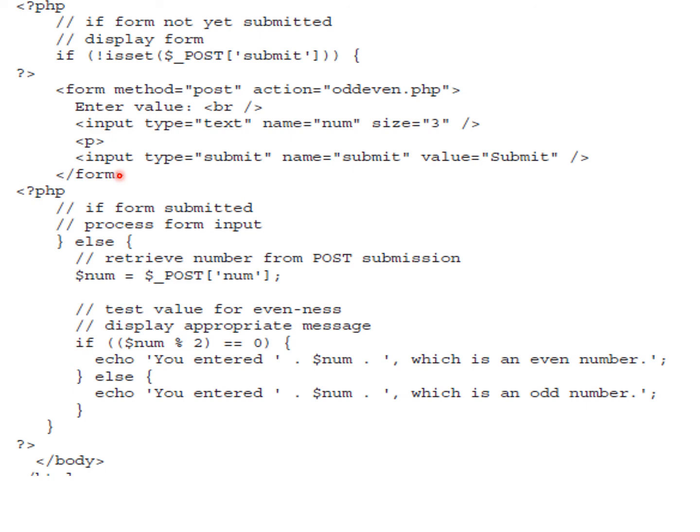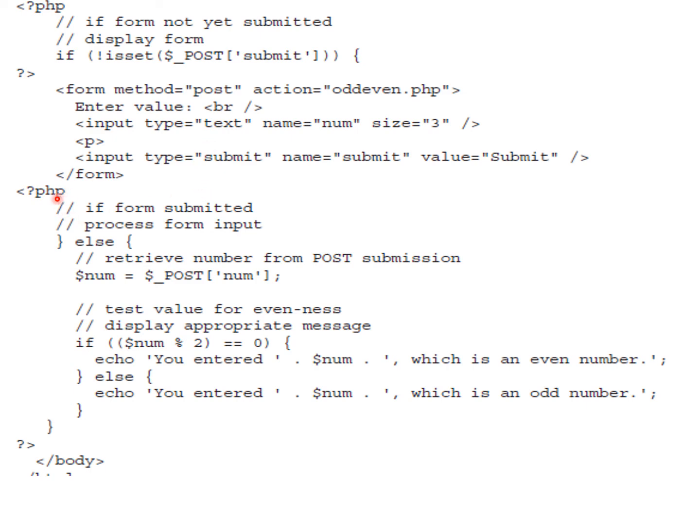So this condition, not isset of $_POST['submit'], produces a true value. So this form is displayed to the user: an 'Enter value' label, a text field for entering a numerical value, and then a submit button.